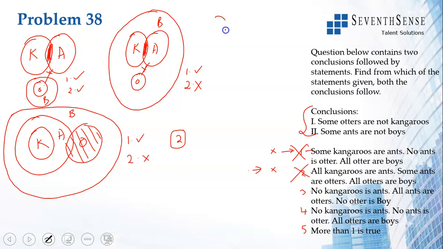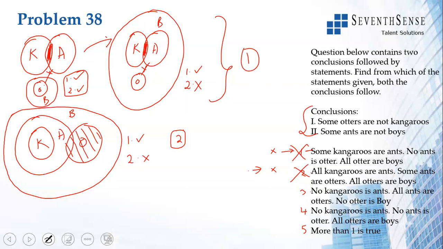So these two drawings are for the first option. We do two drawings here because in the first drawing both the conclusions are valid, so then you draw alternate drawings. In the second option, in the first drawing itself the conclusions are not valid, so you don't have to draw anything else. And the second option is also not the answer.